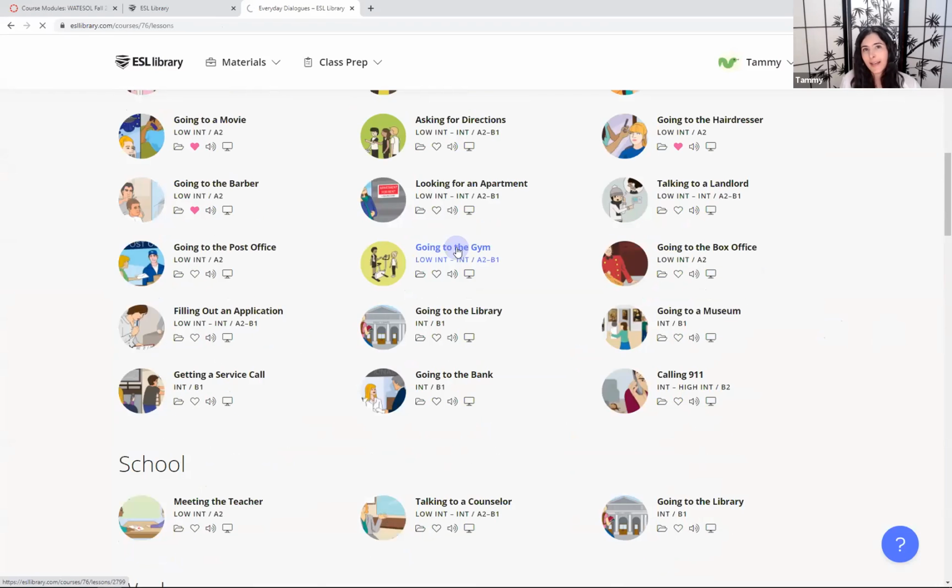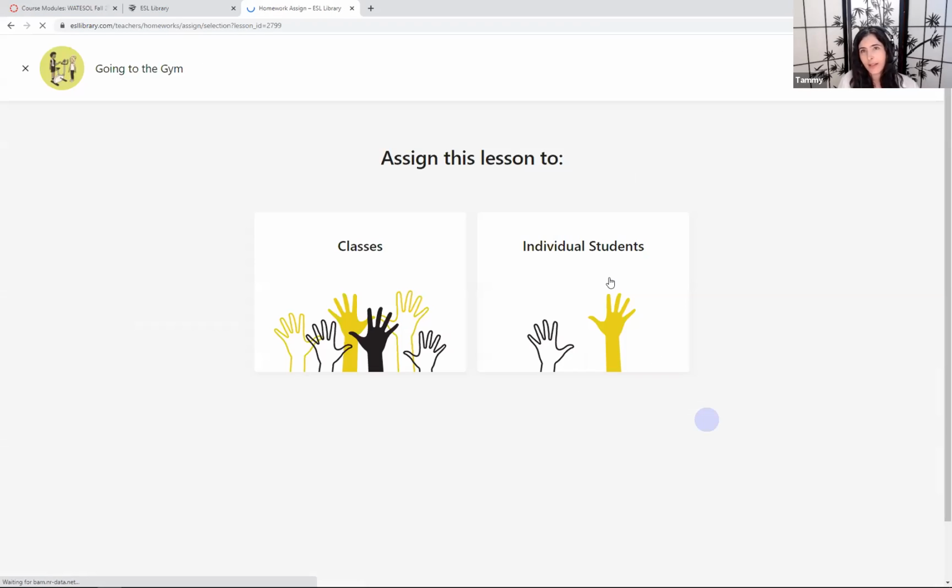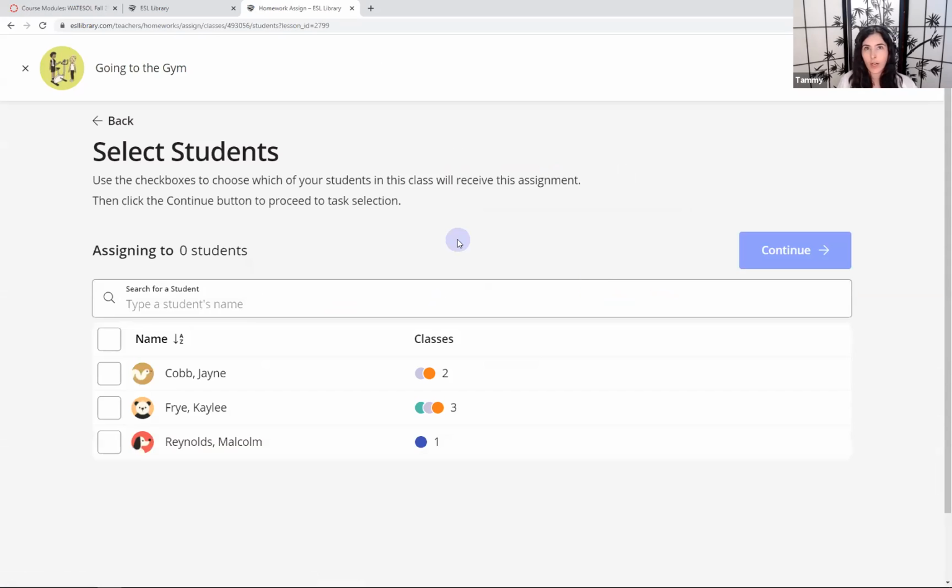So to assign homework, it does have to be one of the digital activities, and you'll know it because if it's not digital, you won't see the assignment manager there. So I'm going to go ahead and assign a digital task and click Assignment Manager. I can assign this to either individual students if I want to, or to a full class. If I'm assigning to individual students, that could be across any of my classes. I just click their name and then click continue, and then it'll be assigned to them,